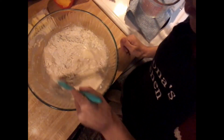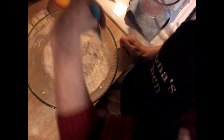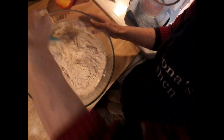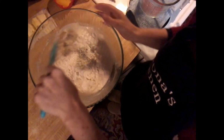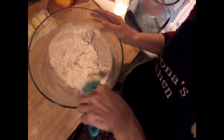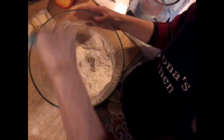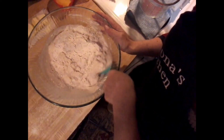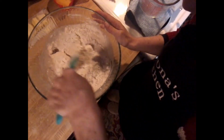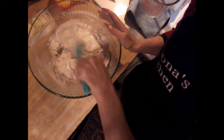Now, one thing I did different today, I realized I normally add my sugar to my warm water and have it dissolved when I add my yeast. This time I did not, and it did not bubble up quite the same, which I'm okay with because I'm not making a bread that I want to rise too much. I'm going to be making a dough that has a filling, with a bread-like dough around it. So now that we got this mostly mixed in real quick,